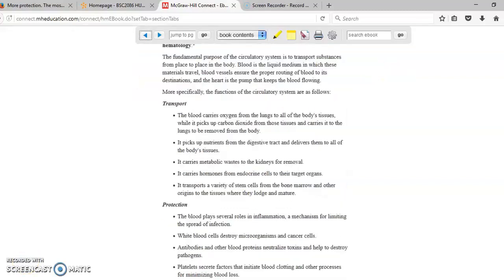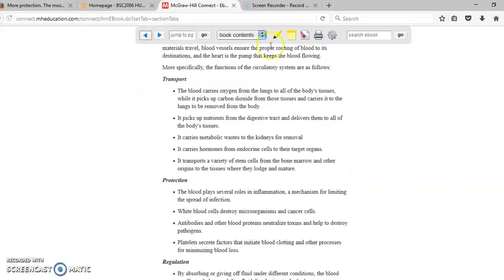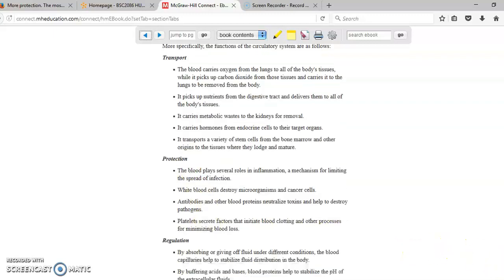The main functions of the blood are going to be transportation, because the blood transports, for example, nutrients. It's going to be protection, because, for example, it protects us against bacteria and viruses when we have infections. The defenses of our body are located in our blood. Regulation, for example, it helps us to regulate the temperature in our body, and helps us regulate the pH in our